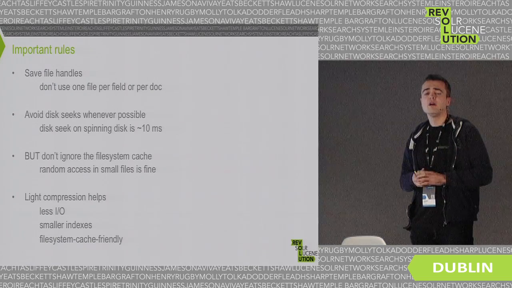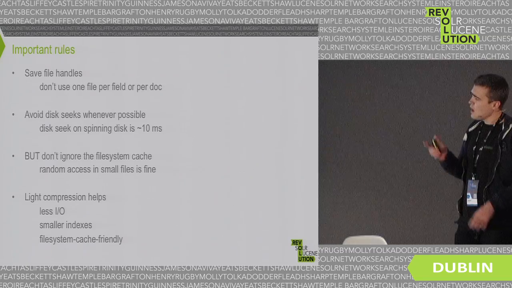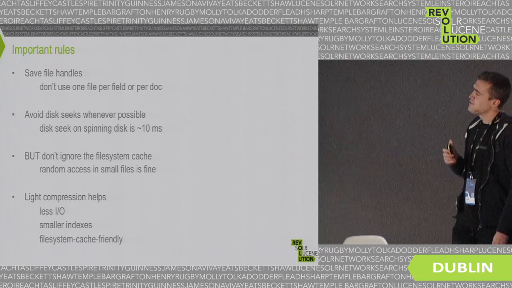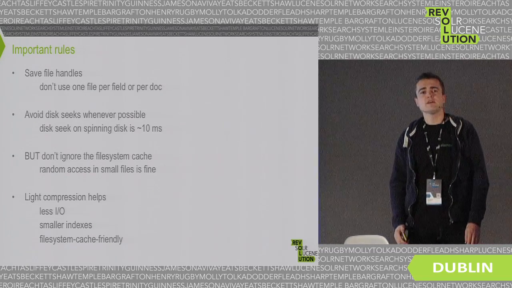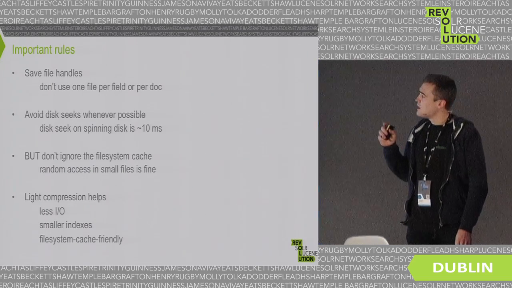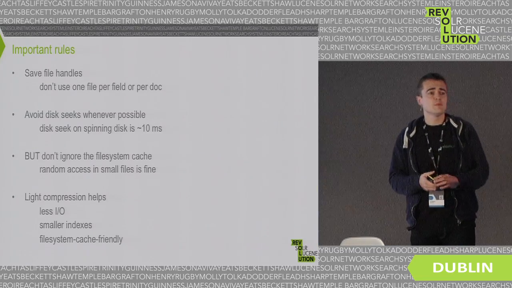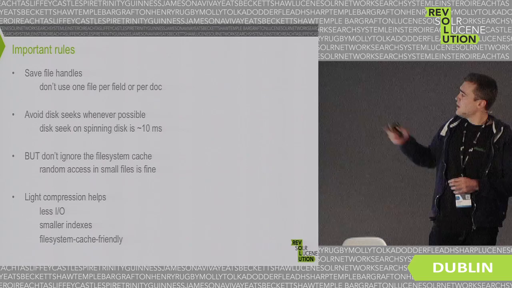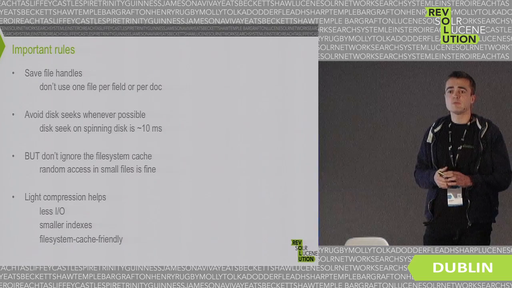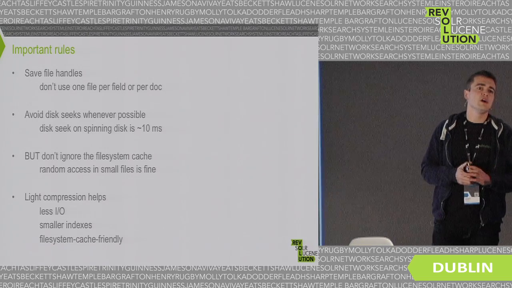However, bigger segments are going to have their own files on the file system. Another rule is to avoid disk seeks as much as possible, especially on slow disks such as spinning disks. A disk seek can take a very long time; it's very common that a disk seek on a spinning disk takes 10 milliseconds, and this is something that we want to avoid. But on the other hand, we shouldn't ignore the file system cache,